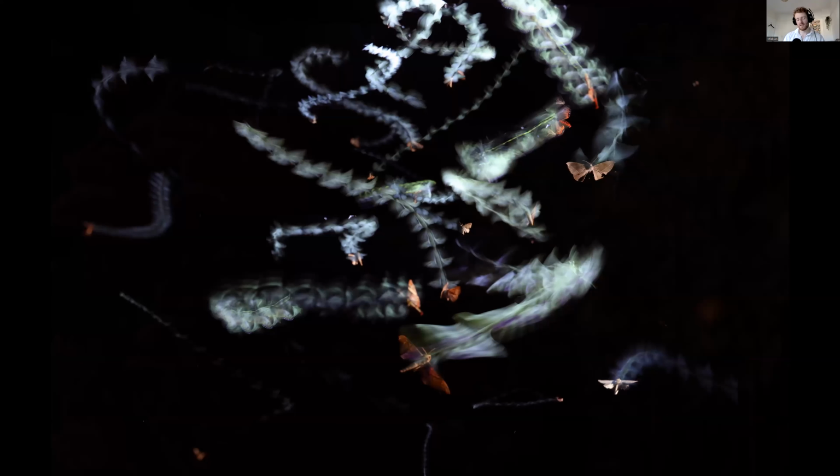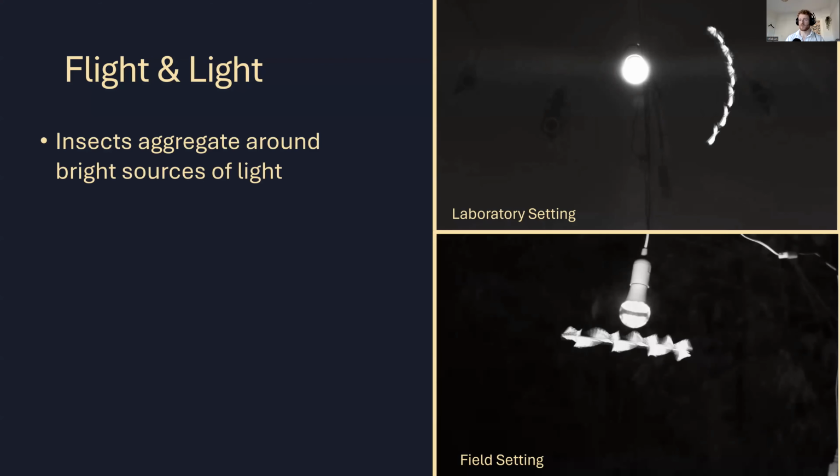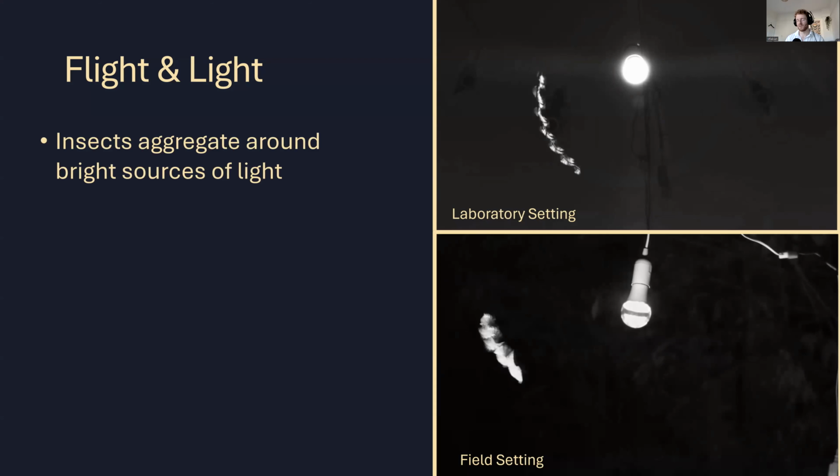I'm going to come and talk about the last rather non sequitur element of the talk, which is recent work that we've been doing on how light affects insects in their flight at night. So we really set up with this question of what data is out there for insects flying around light, because we see these weird patterns and they're visible to the naked eye. And we know that insects aggregate around these bright light sources. That's something that pretty much every human being on Earth knows.